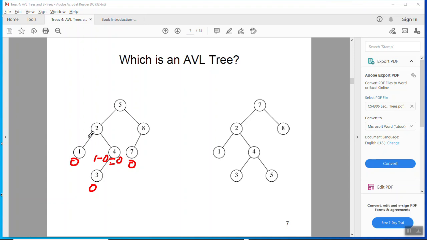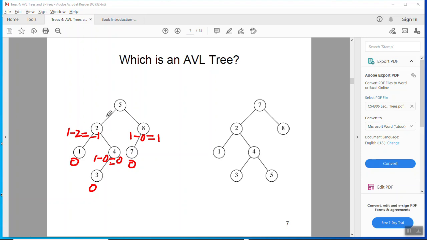This side is negative, this side 1, and this side is 2. 1 minus 2 equals -1. Okay, for this node the balance factor will be 1 minus 0, which equals 1. And for this one the balance factor will be,